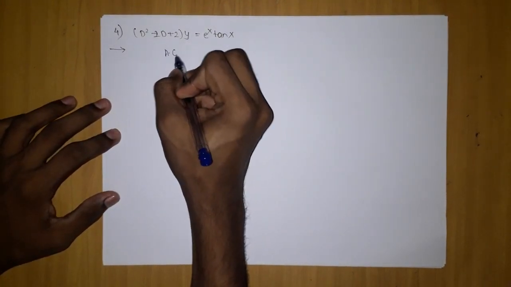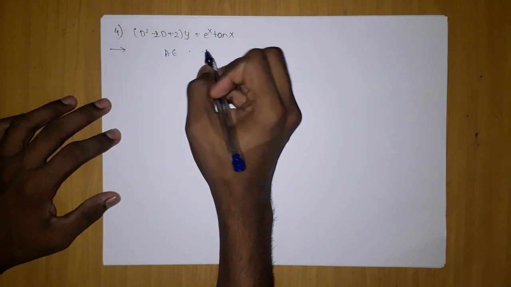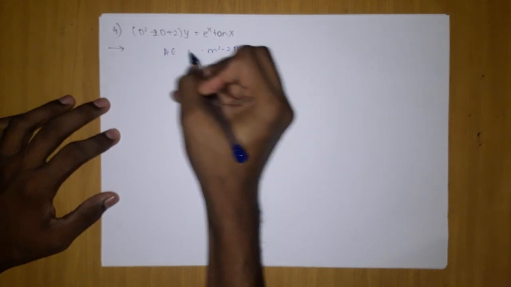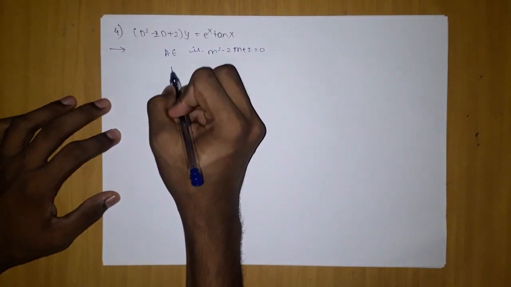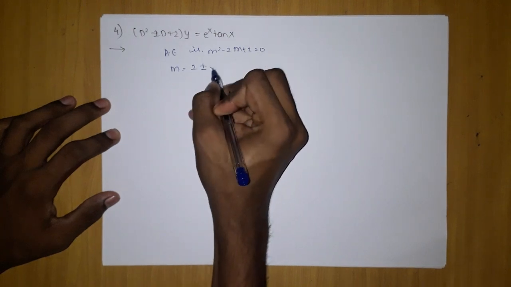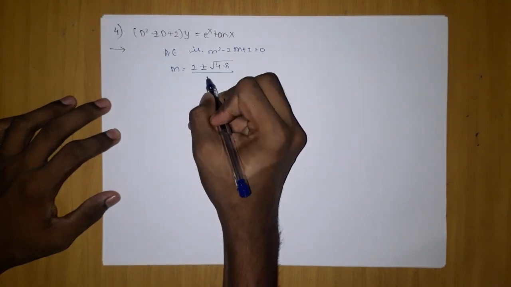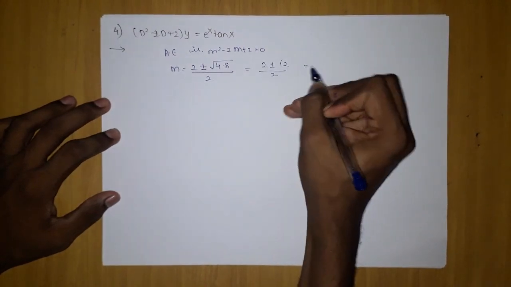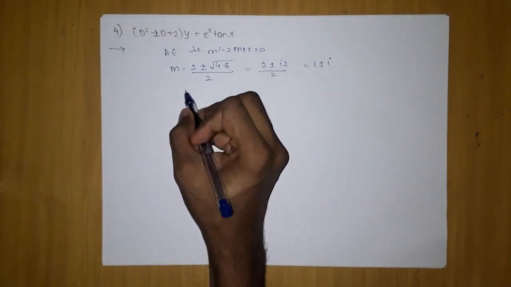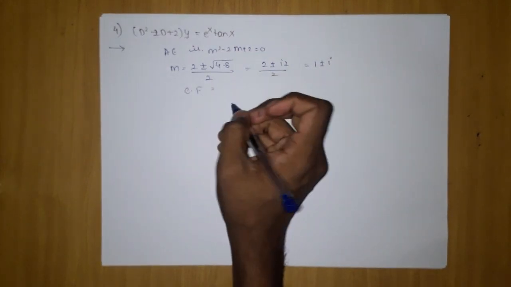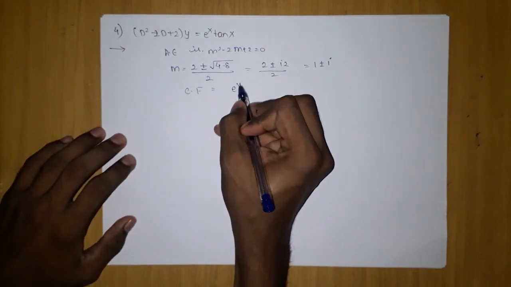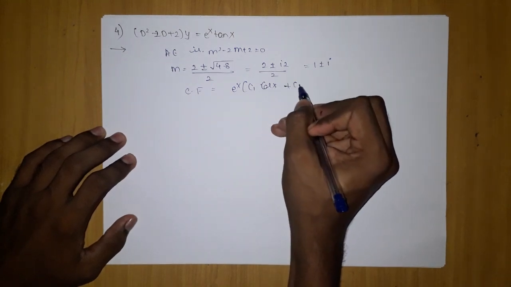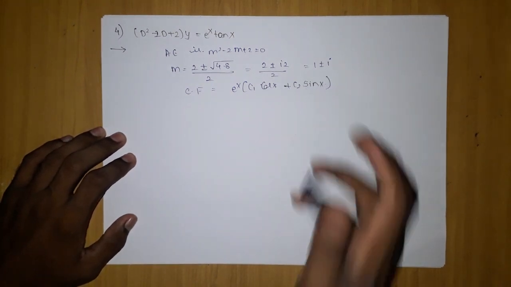If we try to get the auxiliary equation, it is nothing but m square minus 2m plus 2 equal to 0, right? If we simplify, we will have m equals 2 plus minus under root 4 minus 8 by 2, which will give me 2 plus minus iota 2 by 2, giving me 1 plus minus iota. In this case the complementary function is easy to get. Just observe, c1 cos x will be there and with c2 sin x will be there. So no big issue appears.